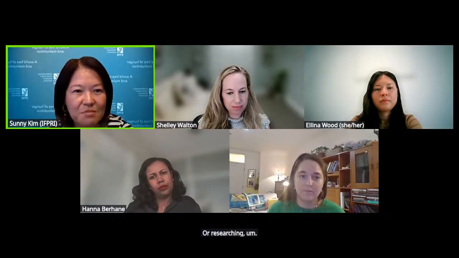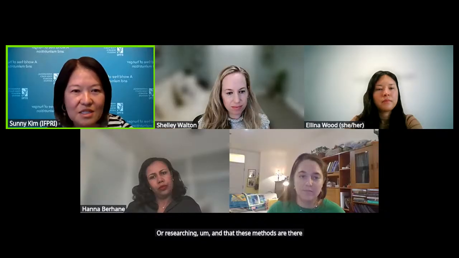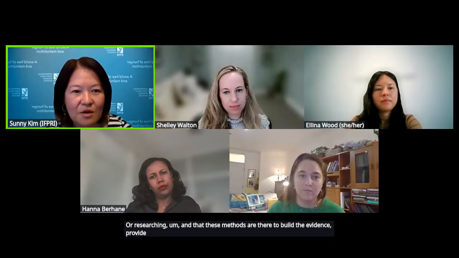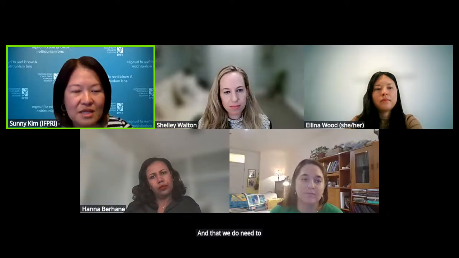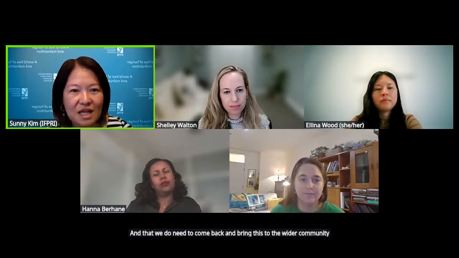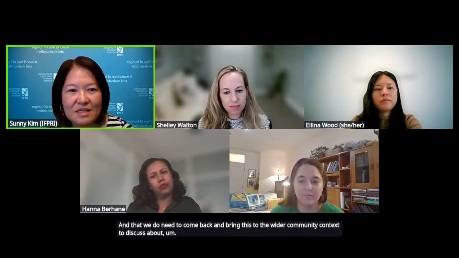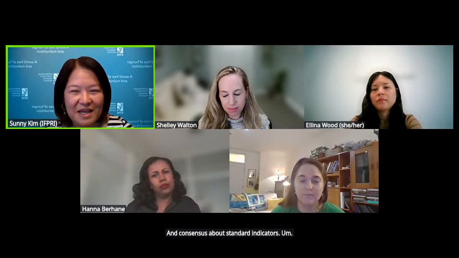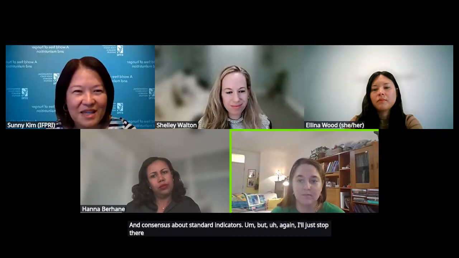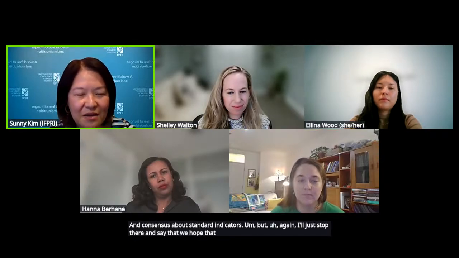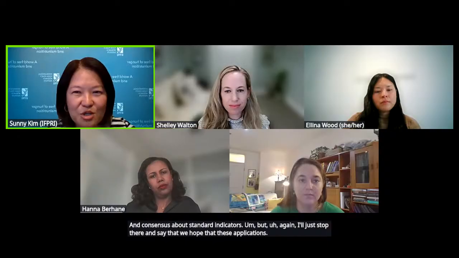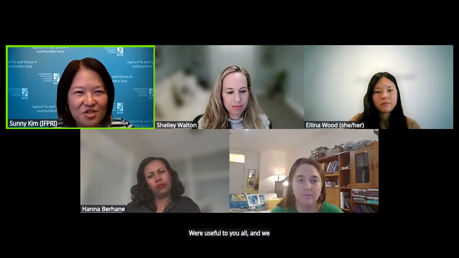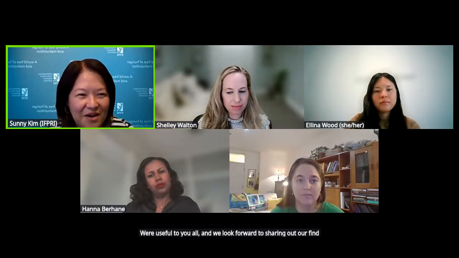These methods are there to build the evidence and provide potential solutions, and we do need to come back and bring this to the wider community to discuss and reach consensus about standard indicators. But again, I'll just stop there and say that we hope that these applications were useful to you all, and we look forward to sharing our findings and our different methods.